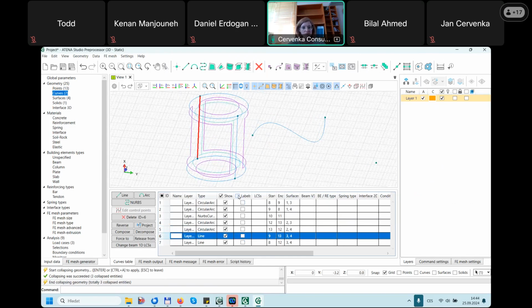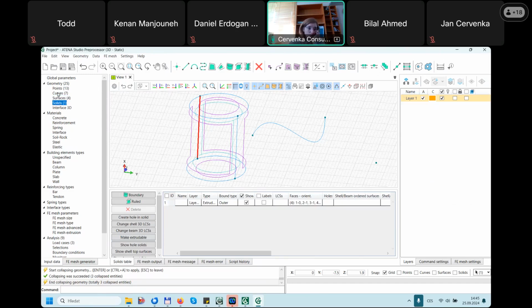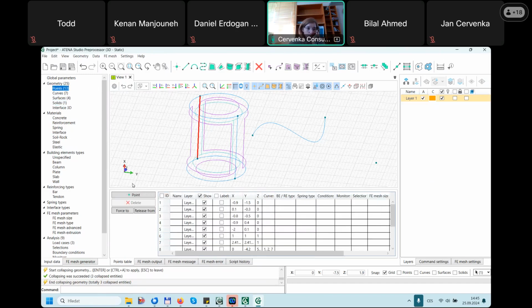So yes, that is one thing, and again in geometry, but also in other parts, you can have some helpful buttons on the left side from the table and here. And that is something that we are currently preparing a better, detailed manual that will explain all those buttons too. So if you have questions, we can of course cover it, but hopefully soon you will get